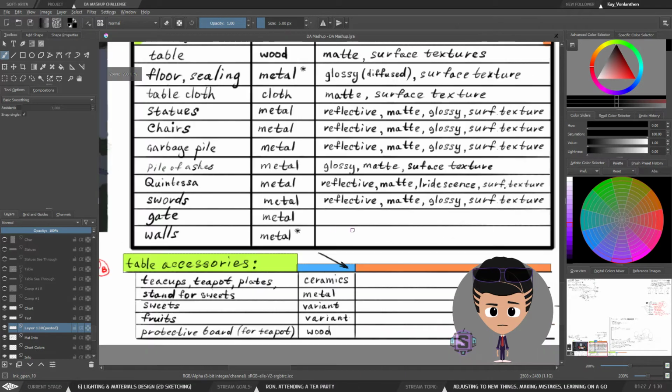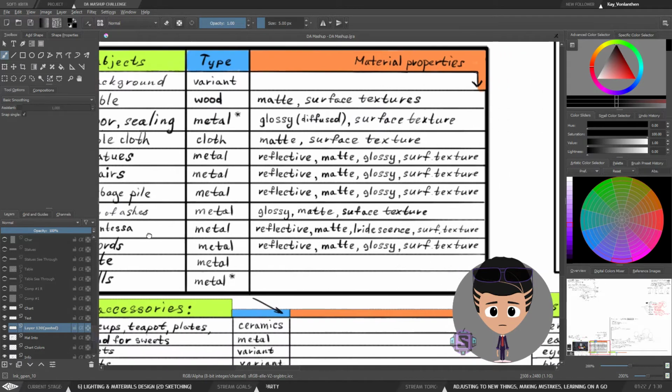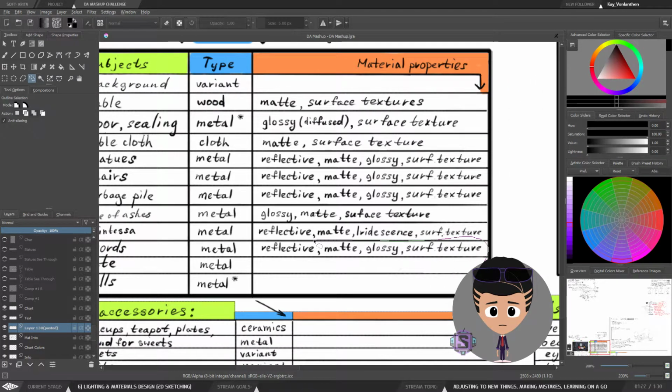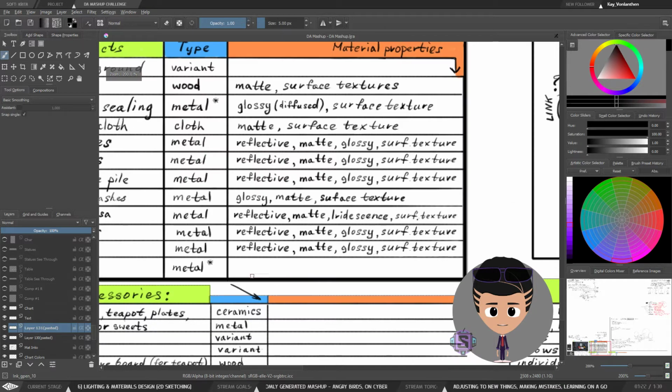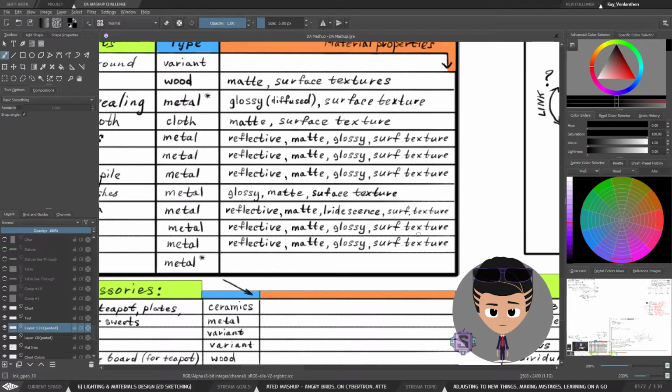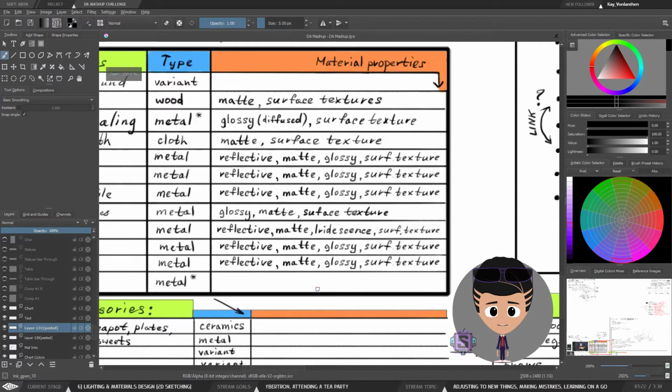Okay, gate. Actually the same as the sword. The only change is going to be added is what type of element is going to be the most dominant. Some elements are going to look more matte than reflective, or more glossy than matte. So they're still going to have all these properties to them, but one of the properties is going to be the most dominant. And I think we will figure this out only when we're actually going to paint them, because